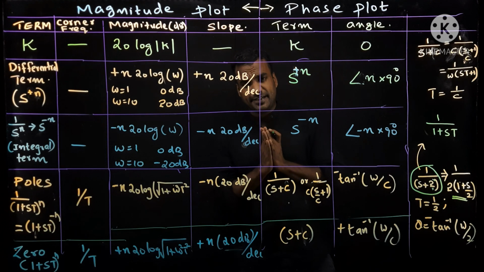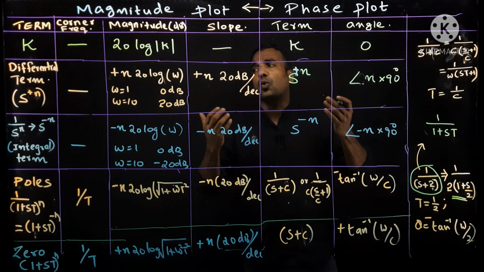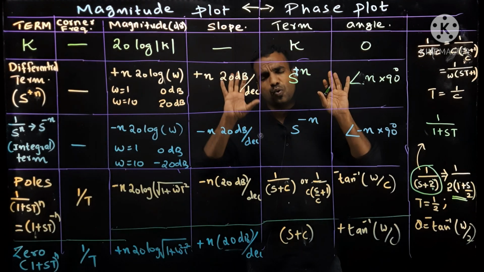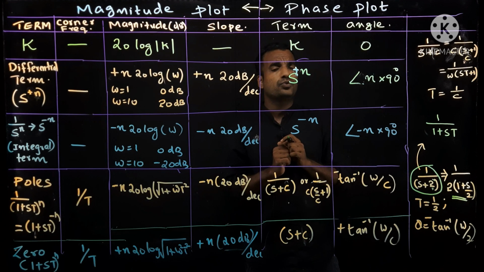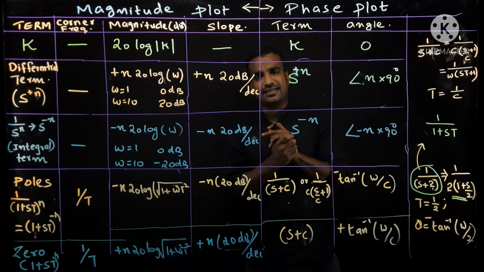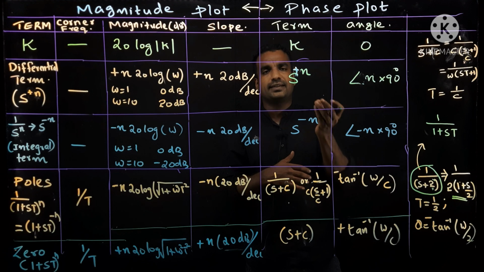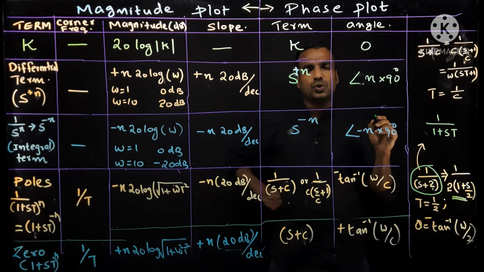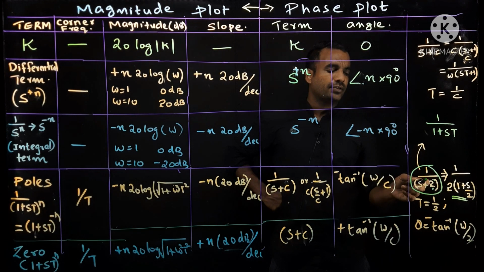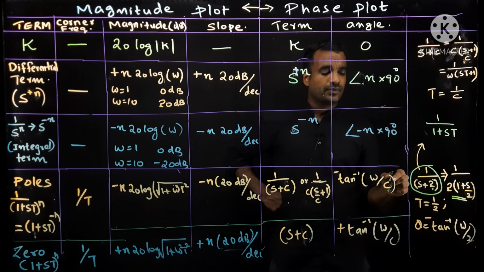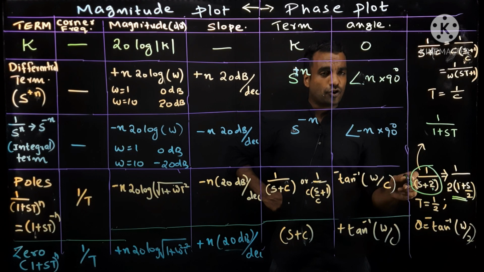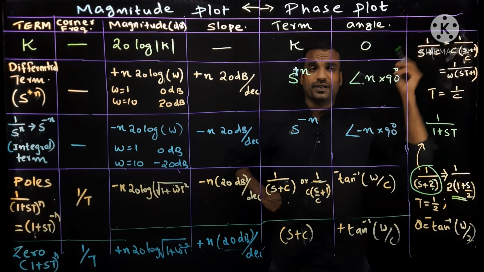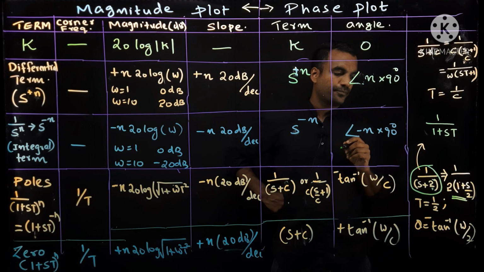So what is the k in Bode plot? You have to bring all the poles and zeros as 1 by s, s square, s cube, all the terms into standard form. Then you will get something outside these brackets. Solve that and that value will give k. In this example, 1 by s plus 2 is not a standard representation, so you have to take 2 outside. Then 2 outside in the denominator will give 1 by 2, so that is 0.5 in the numerator. So k is equal to 0.5.